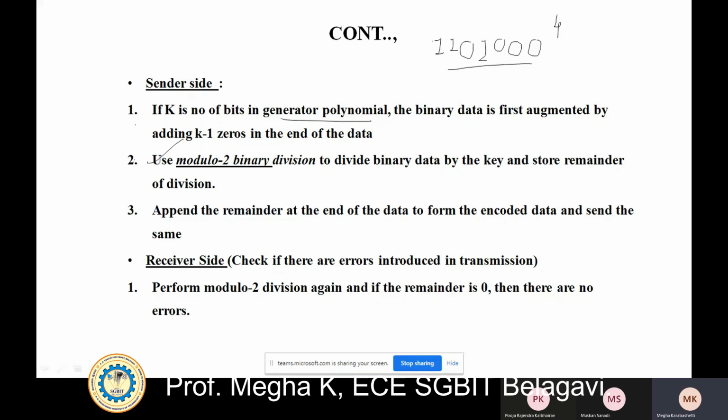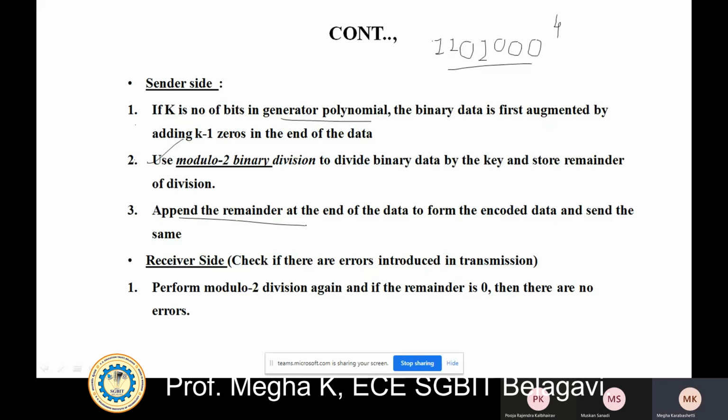Then modulo 2 binary division is performed. Whatever remainder you get is called the CRC bits. Those CRC bits are added along with the data and then transmitted. We will solve an example on that.